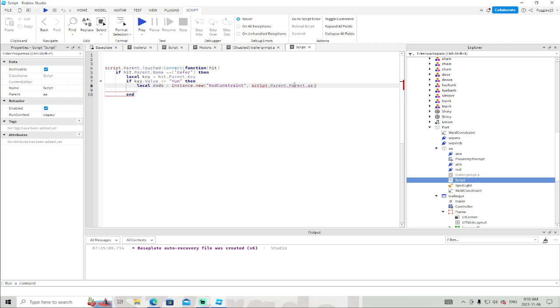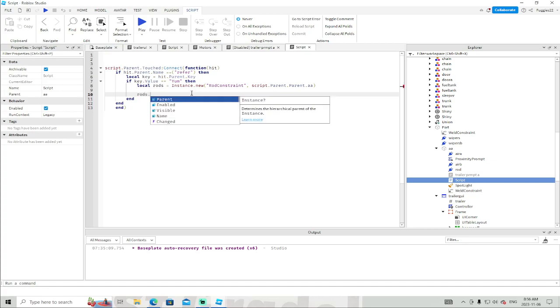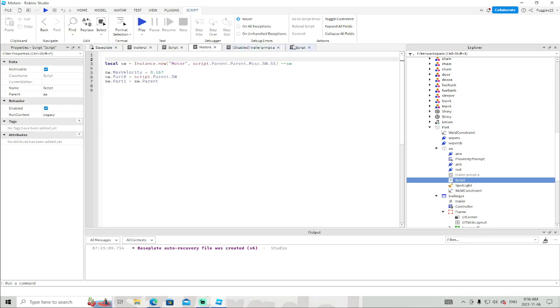What's it saying? End to close at line 5. Oh, I see. It's just giving me an error here. Yeah, there we go. That's all it's saying. So we could say script.parent.parent.aa, and then we'll say rods dot, and then now we need to